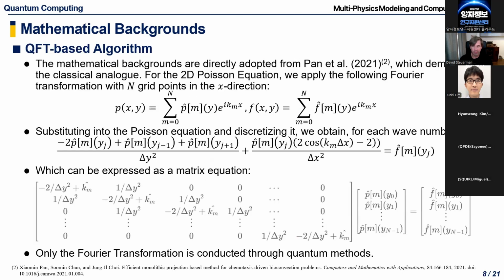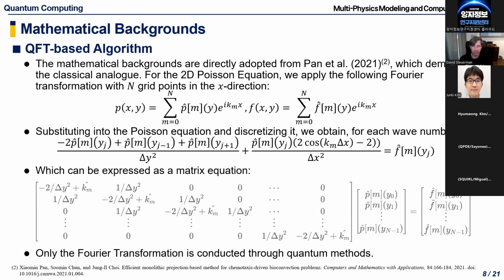And the mass of the QFT-based one is not different from the classical analog that is adopted from Pan et al. in 2021. We apply Fourier transform row-wise along the x direction in the two-dimensional domain. Then substituting the Fourier transformed expression into the Poisson equation, we obtain a simplified matrix equation for each wave number. And in this case, only the Fourier transformation is conducted in a quantum manner, and the matrix equation is solved through